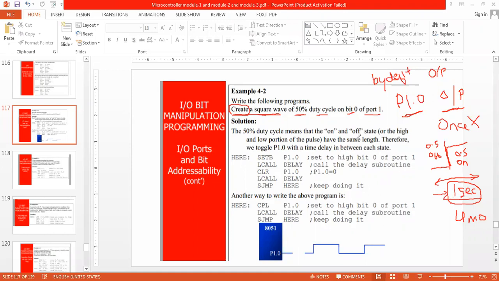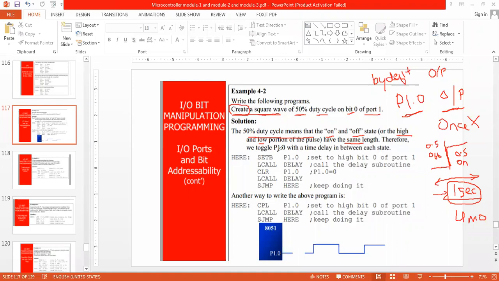Now for that, what can I do? 50% duty cycle means on for some time period and off for the same time period. The high pulse and low pulse have the same length.